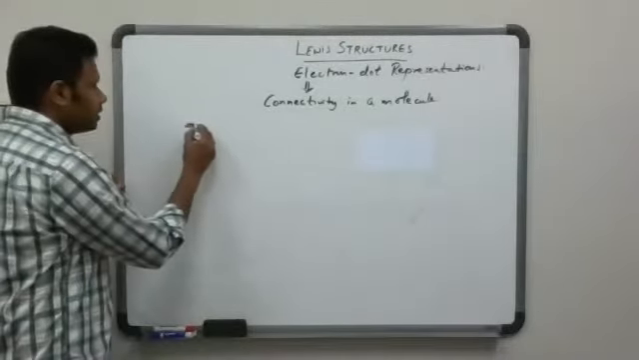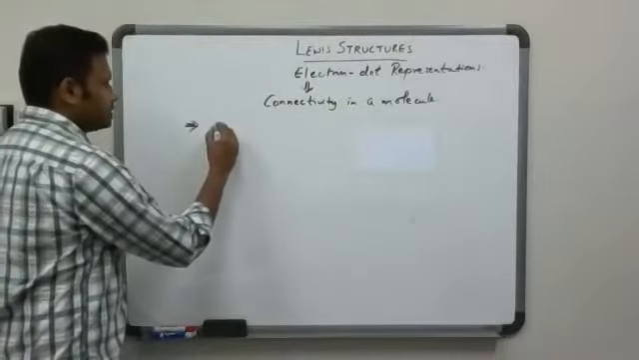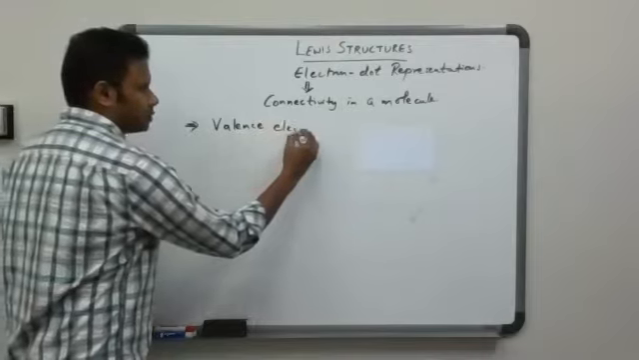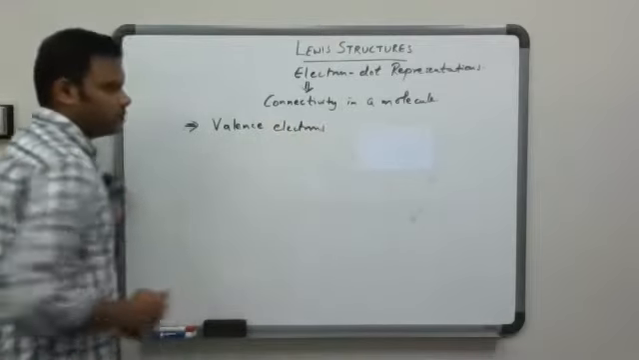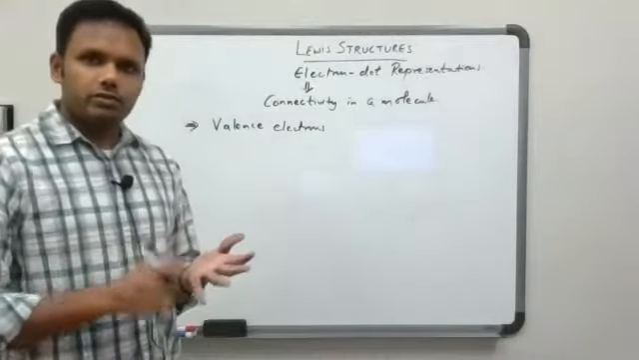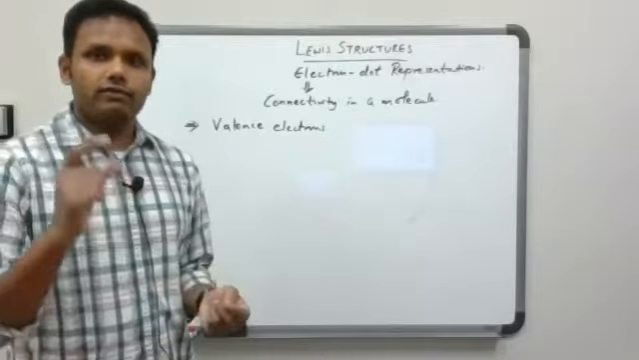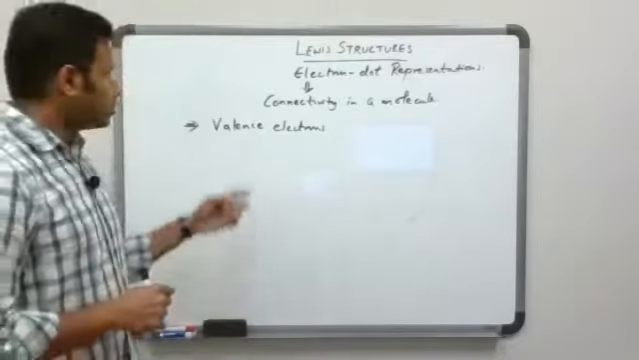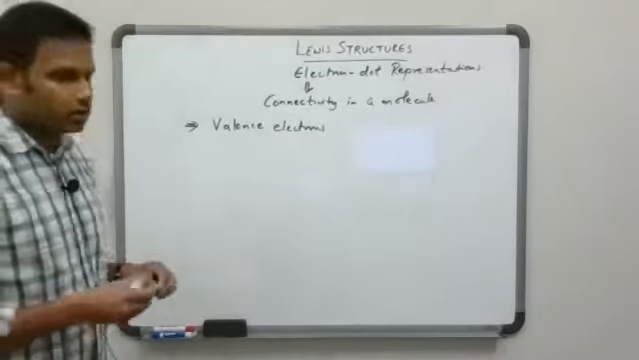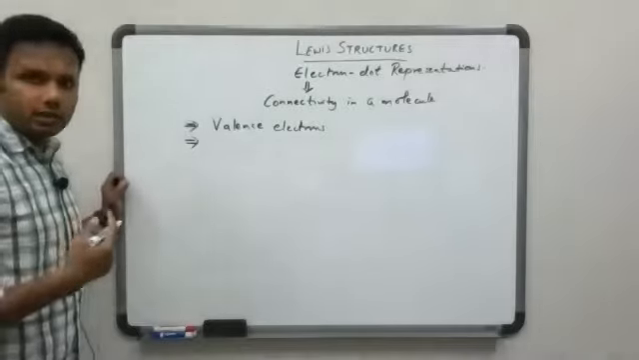When we are discussing Lewis structures, we should consider only the valence electrons. This is very important. For example, carbon has an atomic number of 6. That means it has 6 electrons, but it has only 4 valence electrons. So we're going to consider only the valence electrons when we talk about Lewis structures. The second important thing is